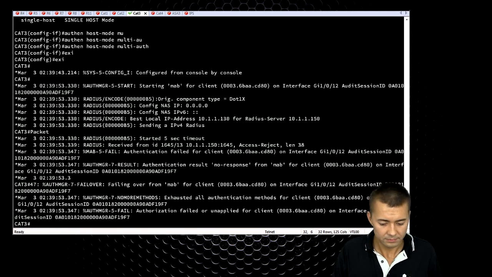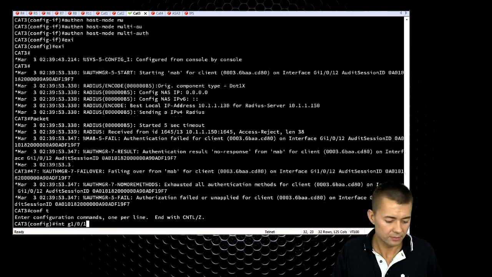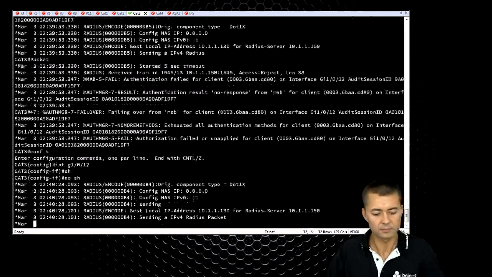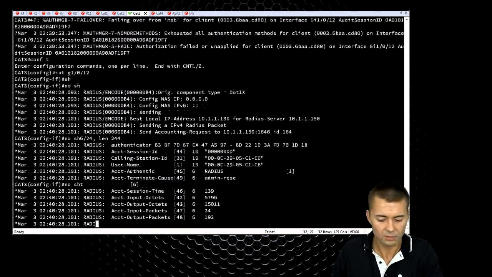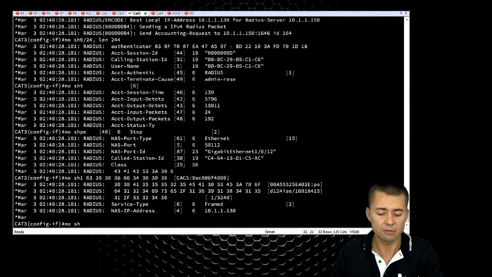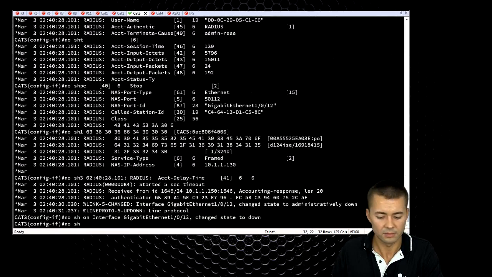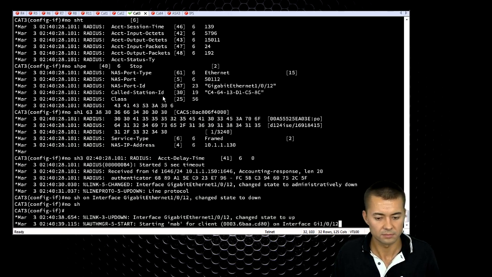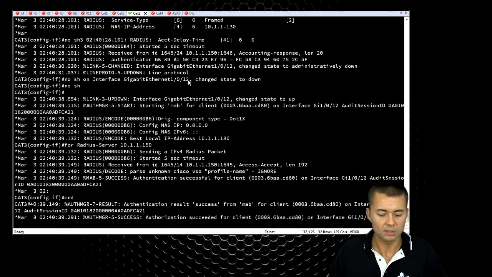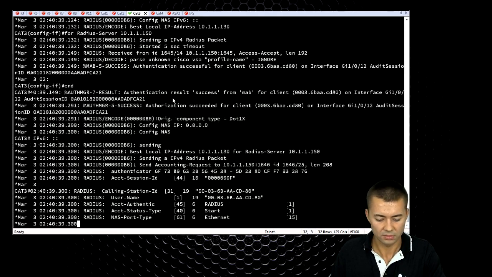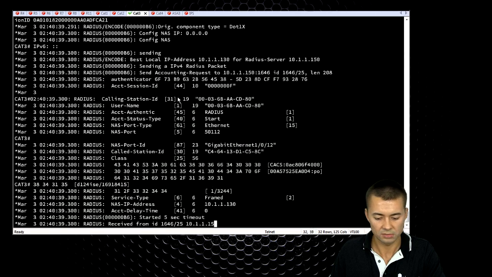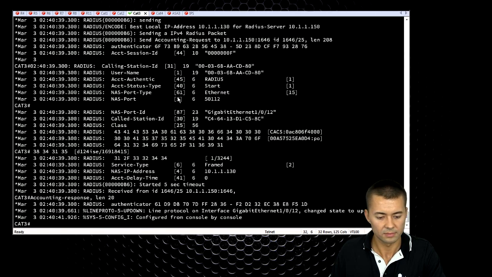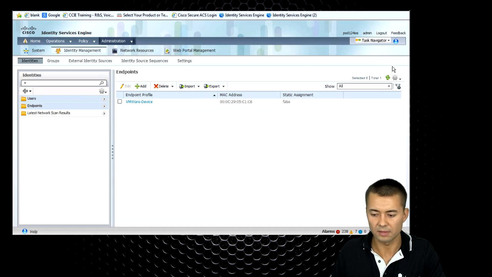Now we will bounce the port. So it sends another radius accounting packet. I only saw C6, which is the PC. Okay, so I brought the port up, and let's now go back to the Identity Services Engine, and let's refresh